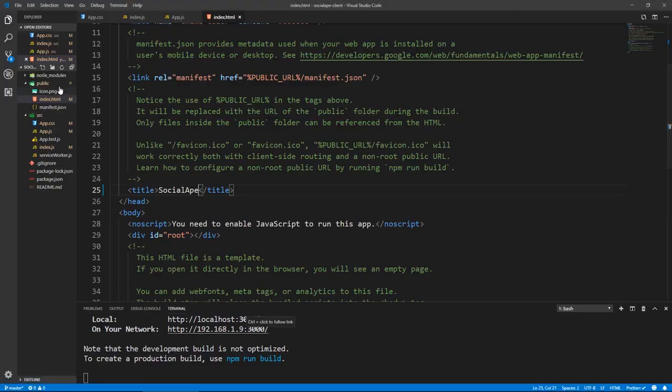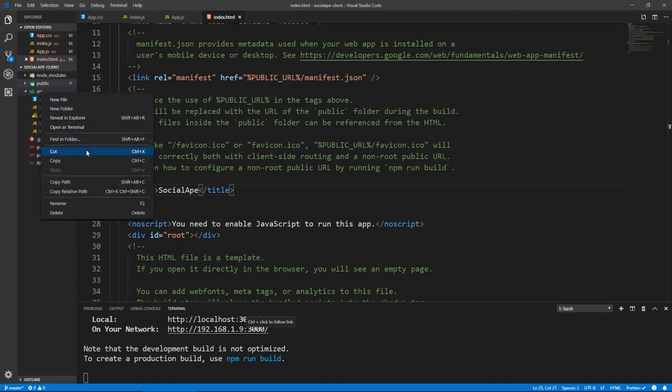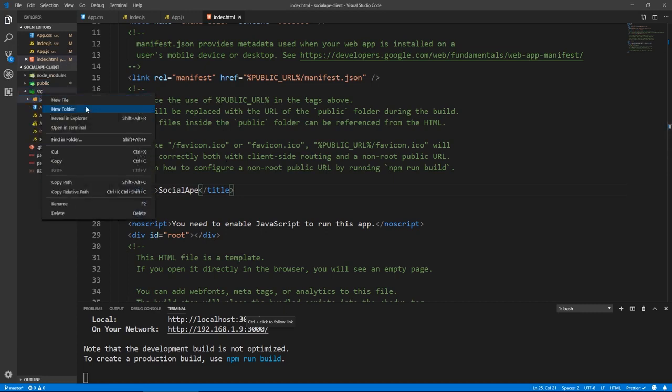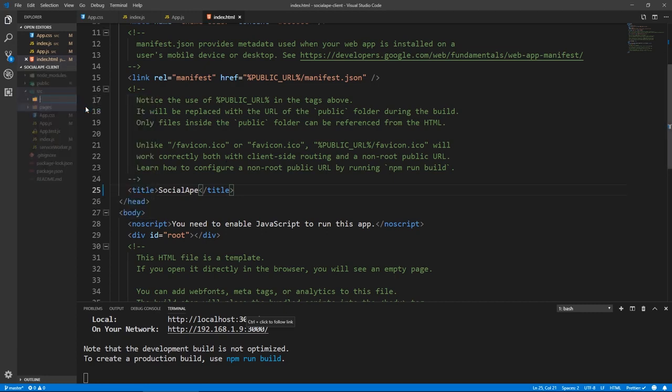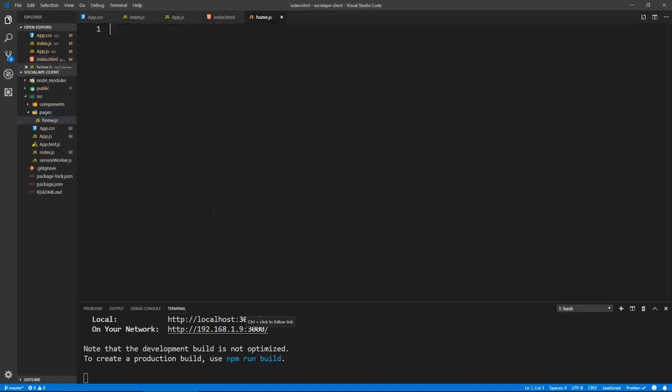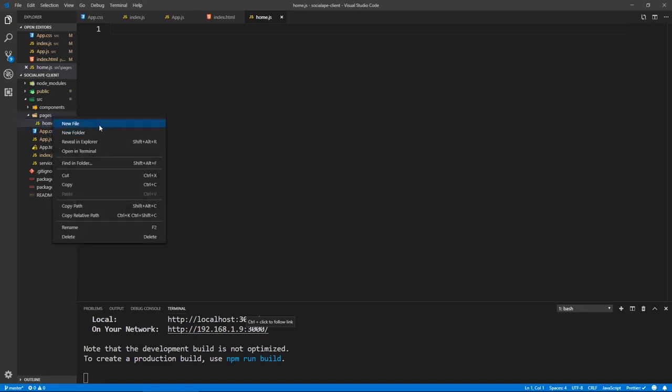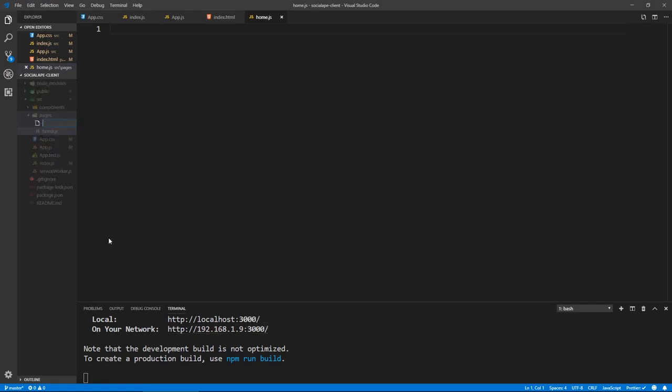Cool. All right, so here in the source folder, there are a couple of conventions on how to group your components. I'm going to have two folders, one called pages for the actual pages. We're not going to have a lot of pages, it's going to be like 5 of them. And here we're going to have components. So I'm going to create 3 pages for now: home.js, and the pages I'm going to have in camel case, so they start with a lowercase letter. So I'm going to have home.js, login.js, and